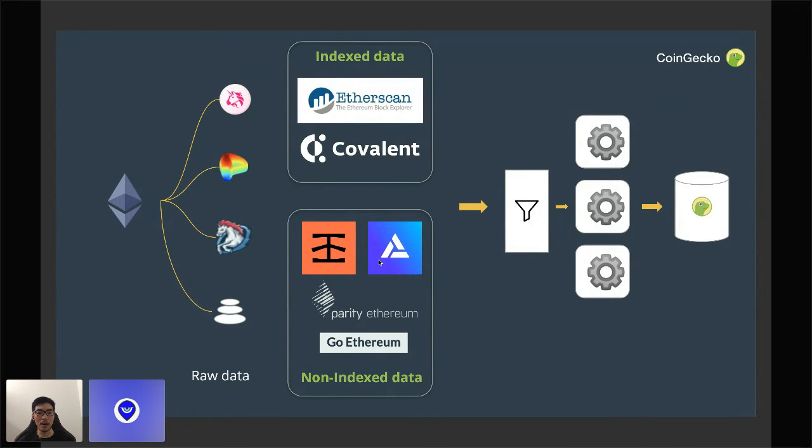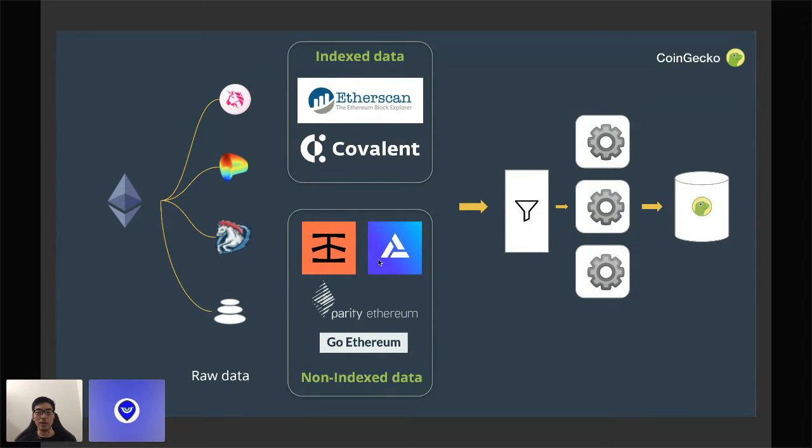Like they're all, you're making calls directly on the chain. So things can get a little bit inefficient and it can be a little bit slow depending on the query that you make. But you get full flexibility on what you want to query and what you want to achieve, and then dice it later on.